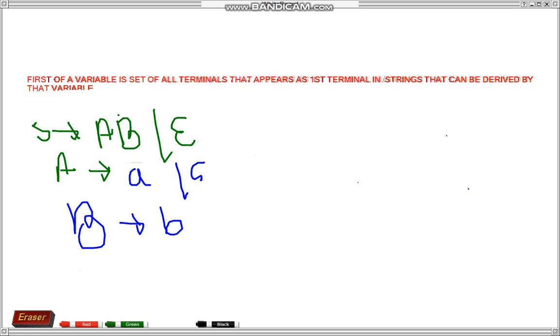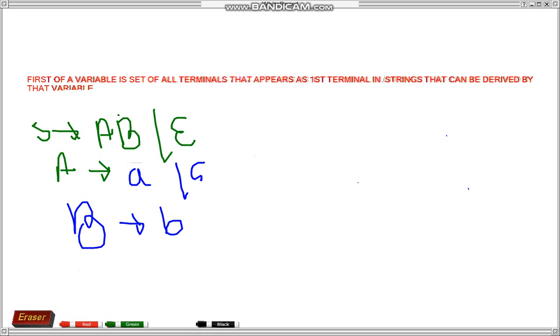Now if I ask you what would be first of S, first of A and first of B. Generally in given questions, first of a variable is calculated. So if you have been given a context free grammar, try to calculate first of variables from the bottom upward, up to S.